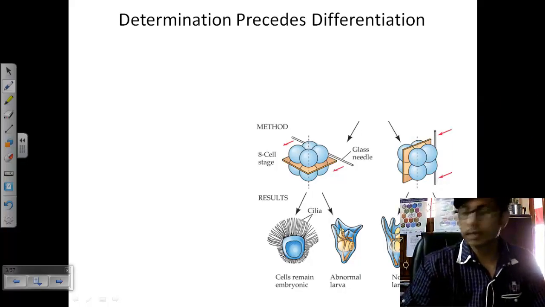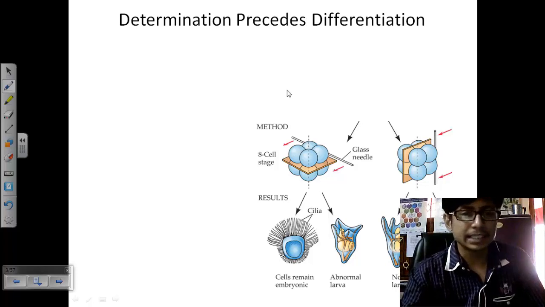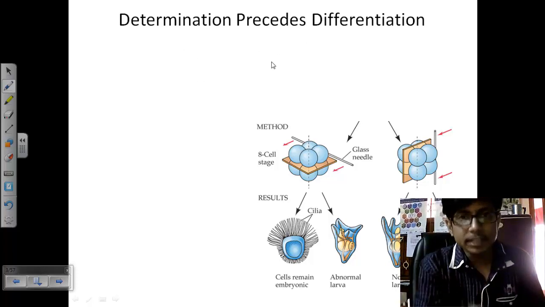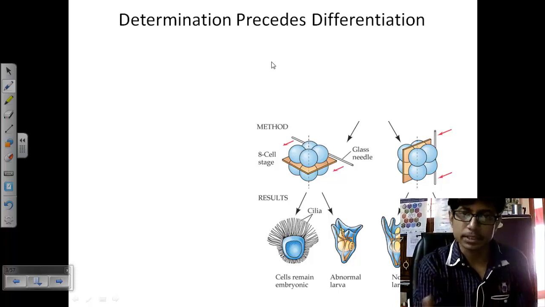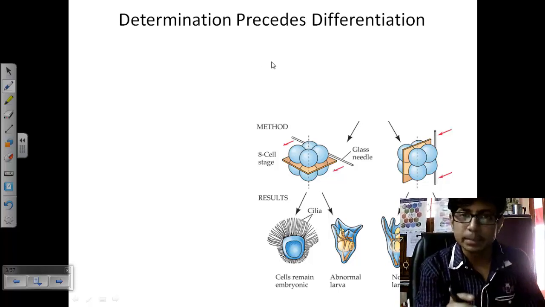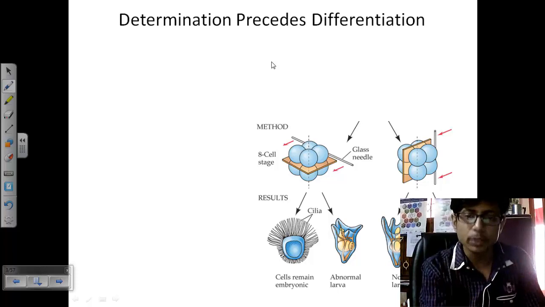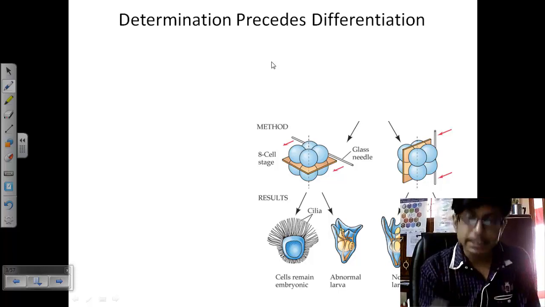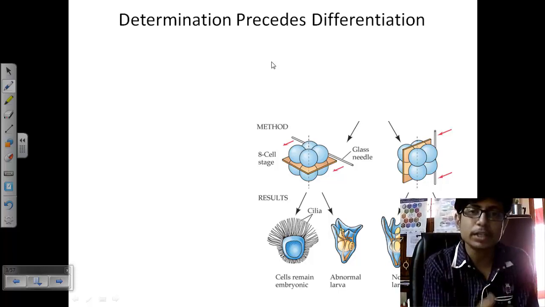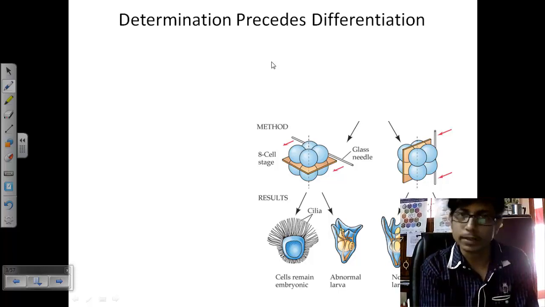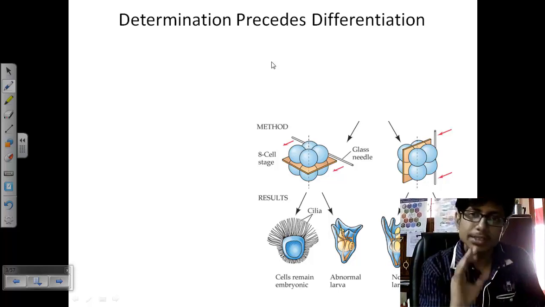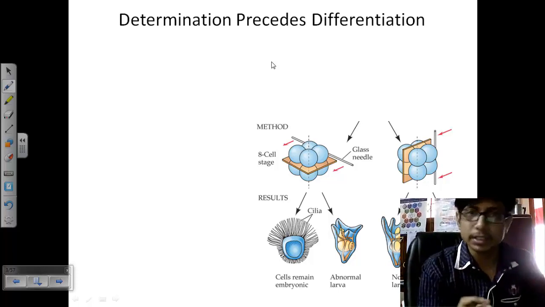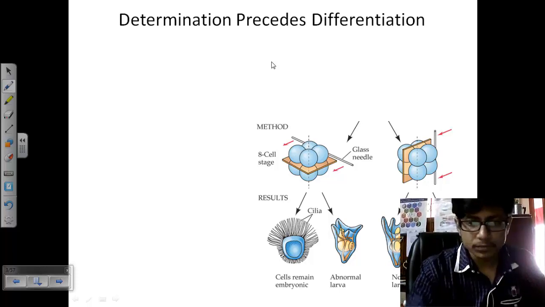Another thing you should know about developmental biology is that determination precedes differentiation. Differentiation means those cells that we see, they are differentiated. That means they are designated to produce a specific type of cell, right? So the determination is very important, that which cell is going to convert into what type of organ. So that is the determination. Once the determination is done, then only the differentiation can happen. So see here,